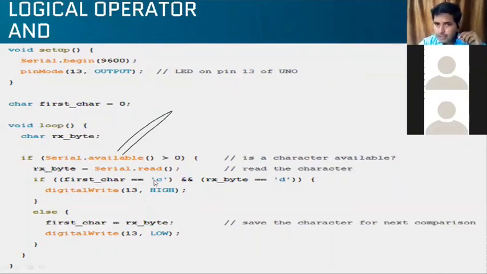What it says here, it is taking two values. You have to type C and D. If you type a C and immediately a D, your LED will be on. Okay, C and D. You have to put C and D together.